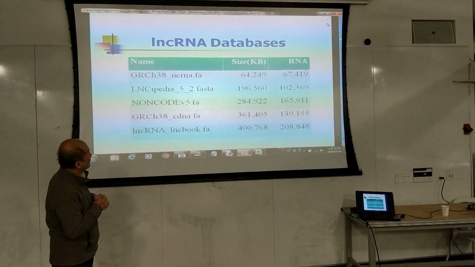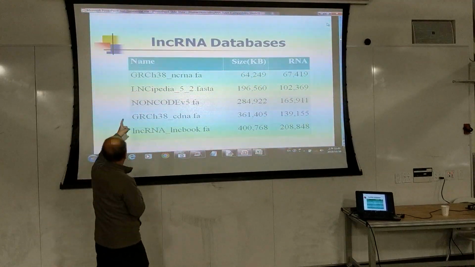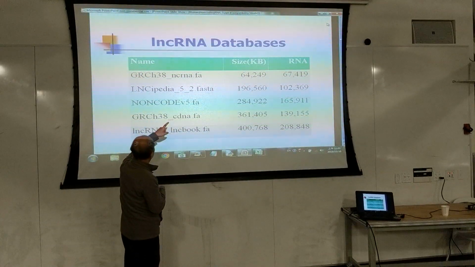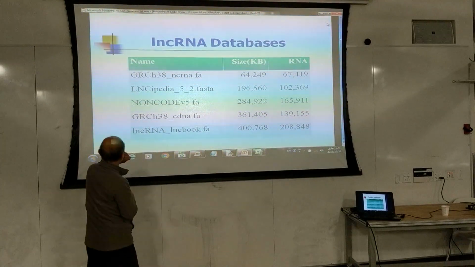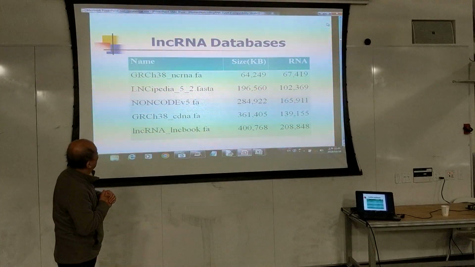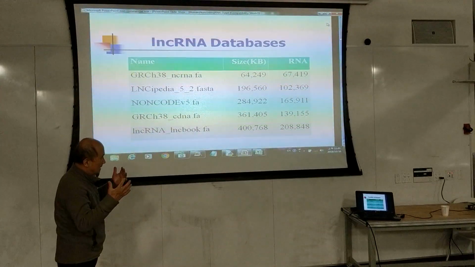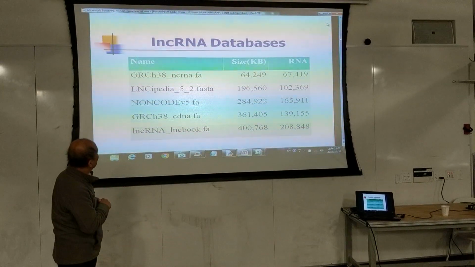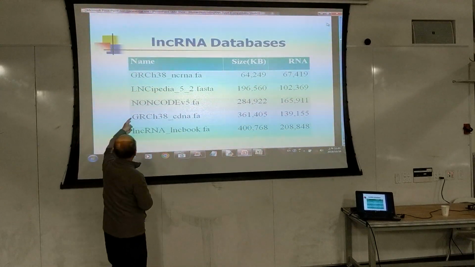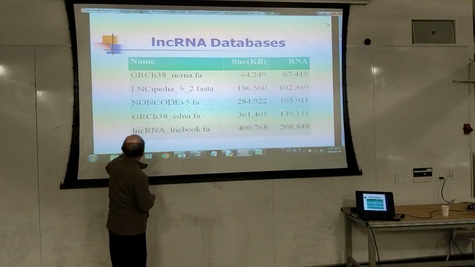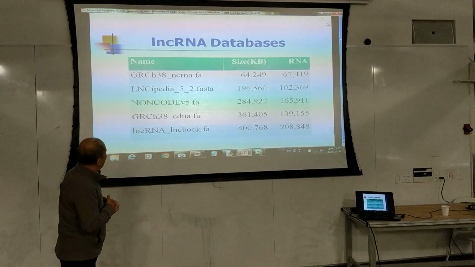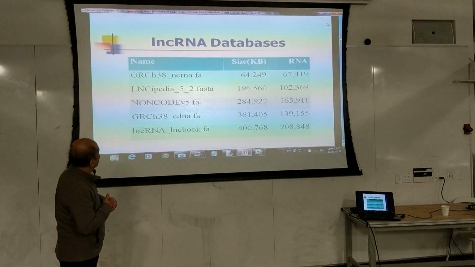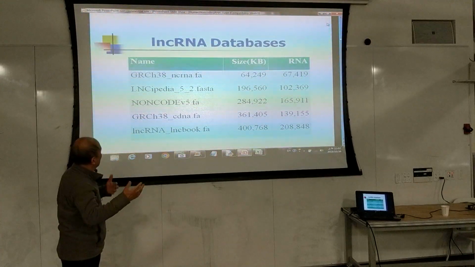Encyclopedia, this is a European group which catalogs lots of different RNA molecules. And the non-code and also the LincBook. These two projects, I just searched the web and found them, and they have a very large collection